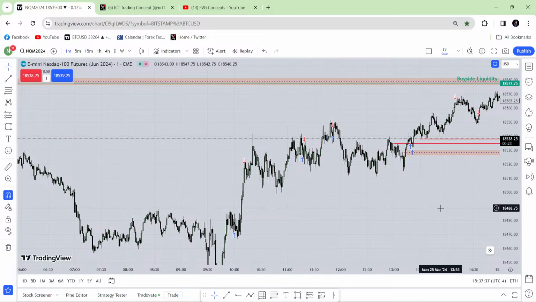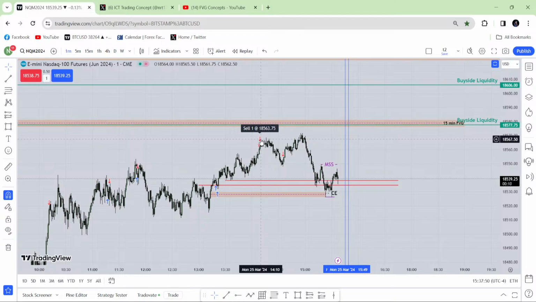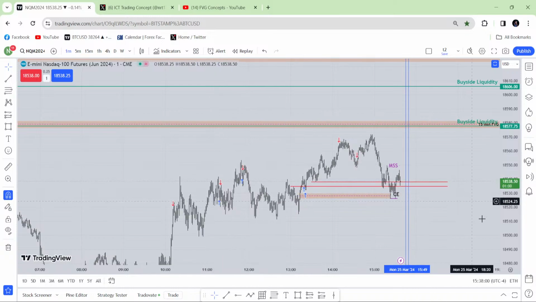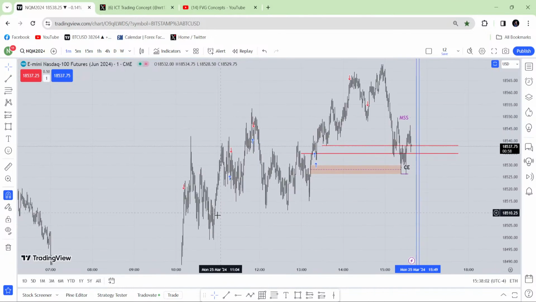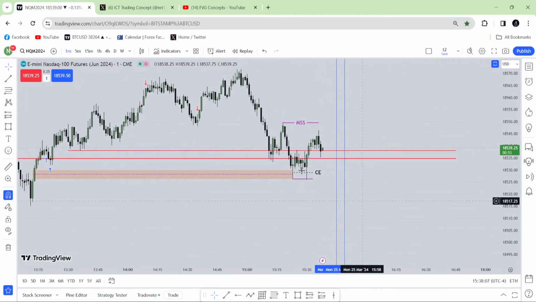So 13 handles, and here I took a profit from here, near about 39.63. That means 24 and 12. You can do the math. A lot of profit, man. I just took those two small losses. It happens. But a big win.